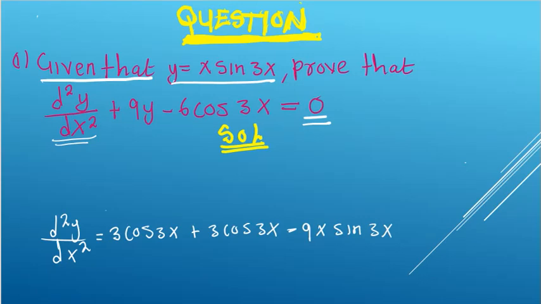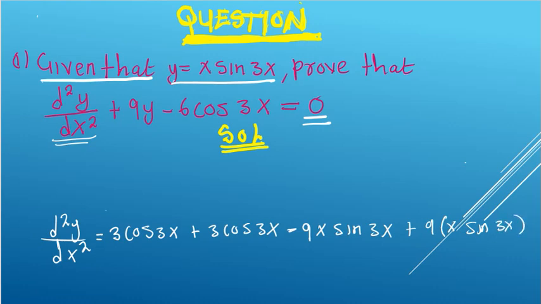Okay, so what we're going to do now, we're going to say that this particular part is this part, then plus 9y, so this is plus 9y, say 9, so y, we know that y is simply this equation here, so this is x sine